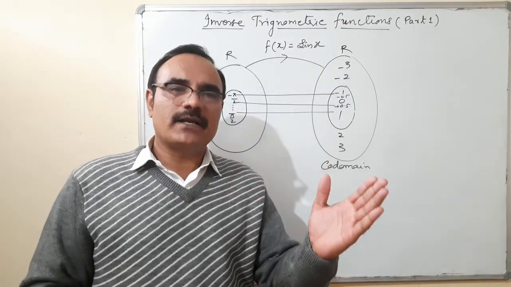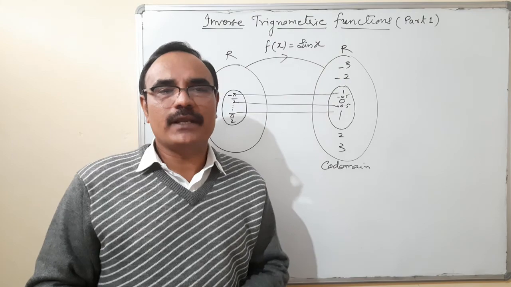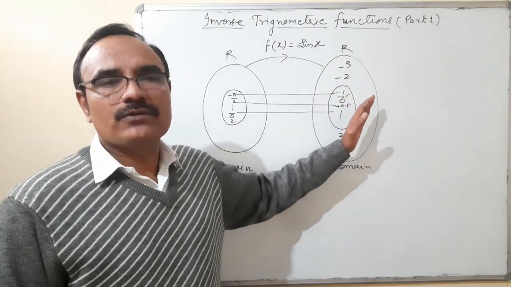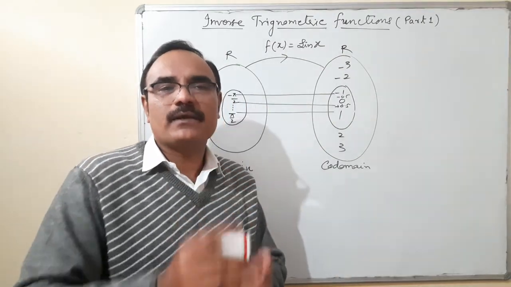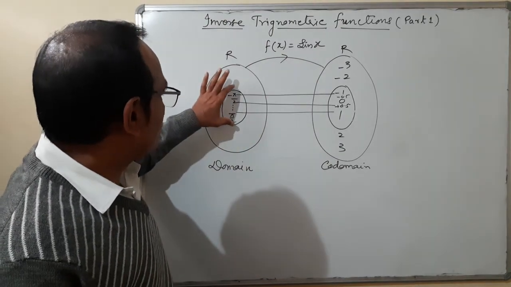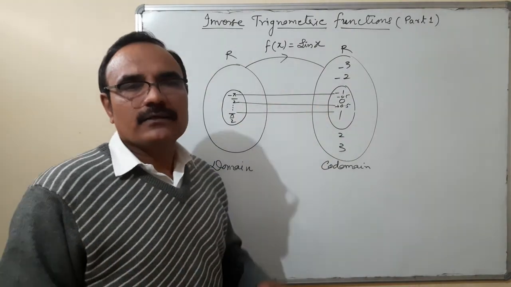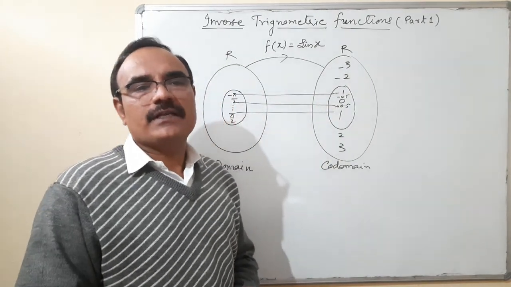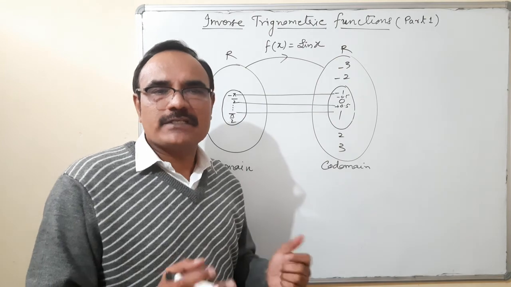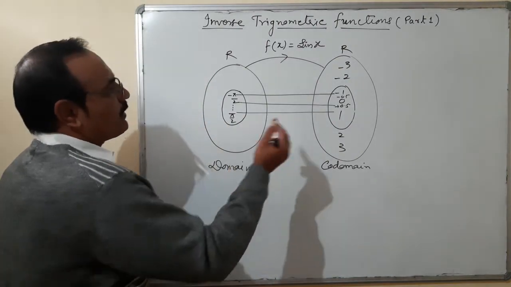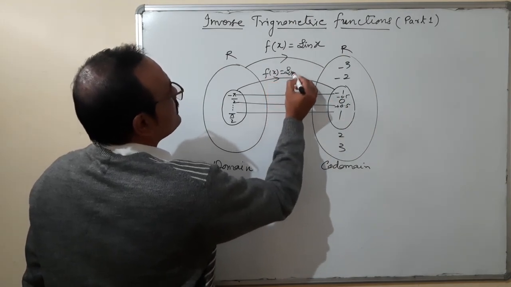In the first and second quadrant, which you studied in class 11th, whatever angles come from -90 to +90, all the values have a single image. So this part, -π/2 to +π/2 and -1 to +1, is bijective. That means it is a one-one onto function. And if it is one-one onto, it is invertible, meaning the inverse exists. So we are talking about this function, f of x is equal to sine x.